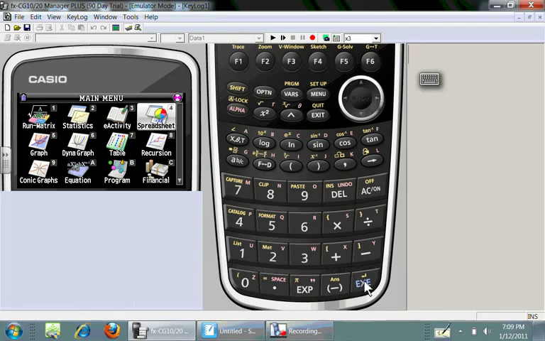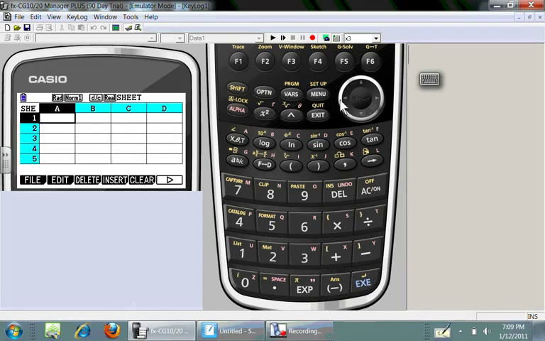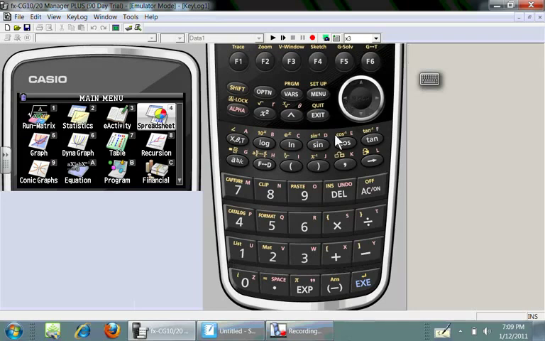Spreadsheets are very nice because they look just like and work just like regular old spreadsheets. You can input formulas and do some great things with that. So if you work with spreadsheets, you can do that here.